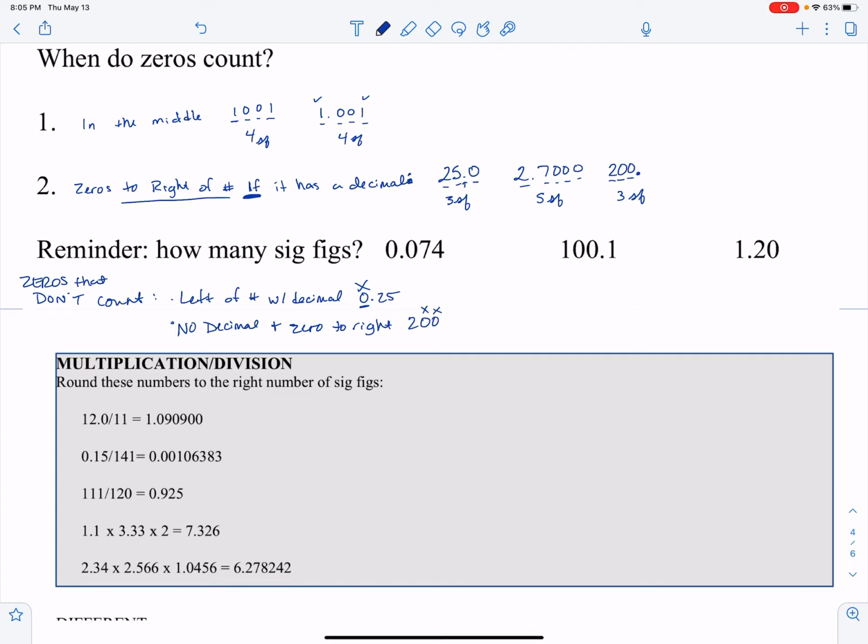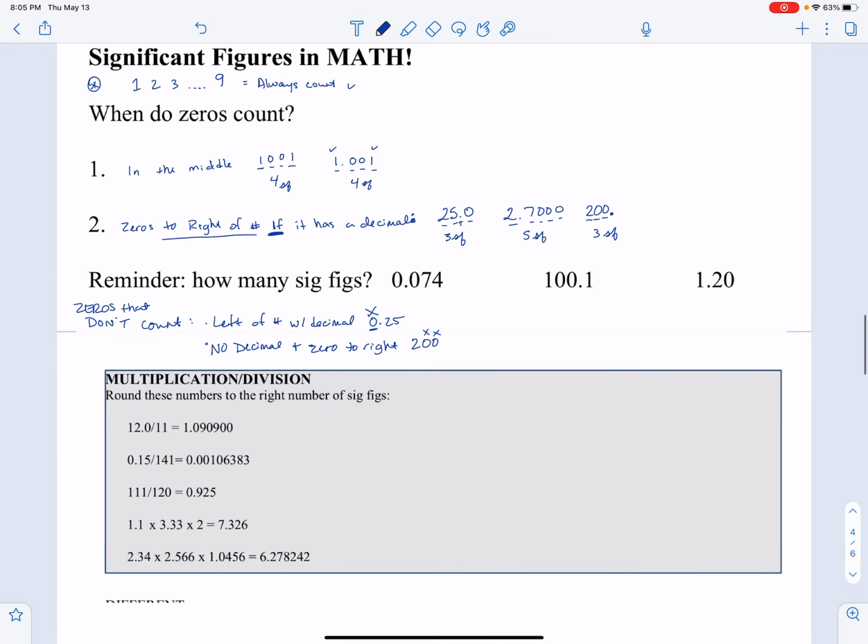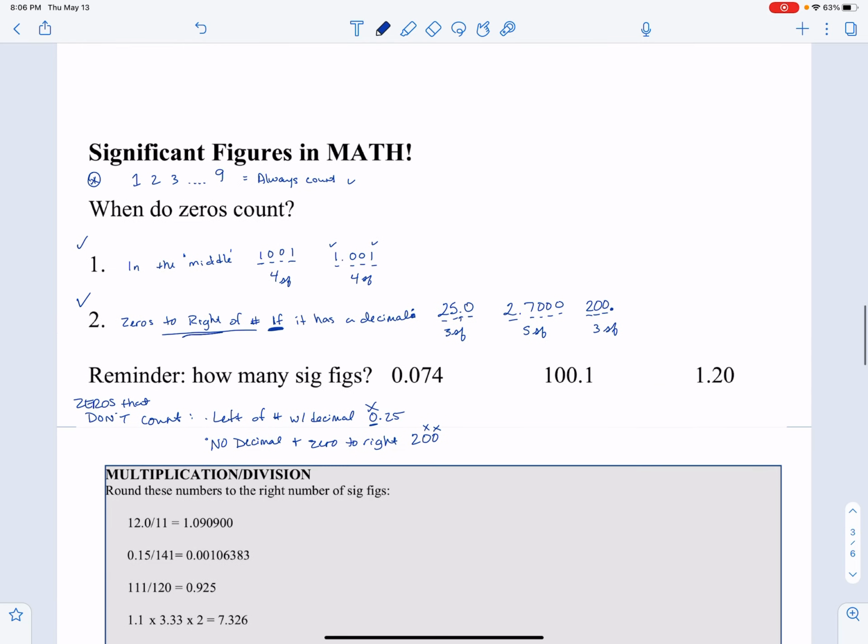I always think it works to just memorize or learn the simplest rule, which is here's when zeros do count, and all the rest of the time they don't. But you can also remember all the rules if you like to do it that way. We're going to be including a lot of videos also, and you'll see a lot of different ways that people think about this. Some people like to use words like trailing zeros, and there's place value of zeros. There are all these terms for where these zeros are, but I like simple speak, like middle, right, left. All right, so I'm going to make one more little category here to show you.